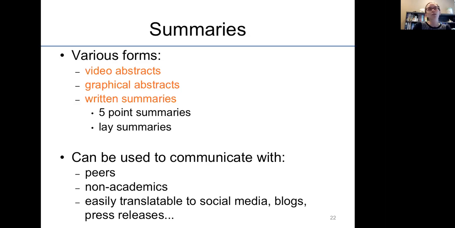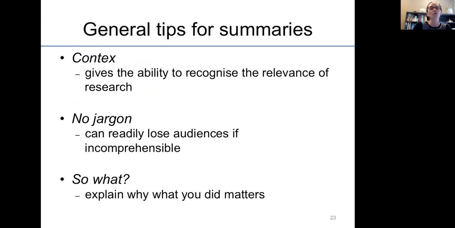If you work at an institution where they do press releases for papers, that's another part of your paper that's already written that lends itself well to something like a press release. So some general tips: you still want to provide context so readers will know what the relevance is of your research, but you really want to lose the jargon.